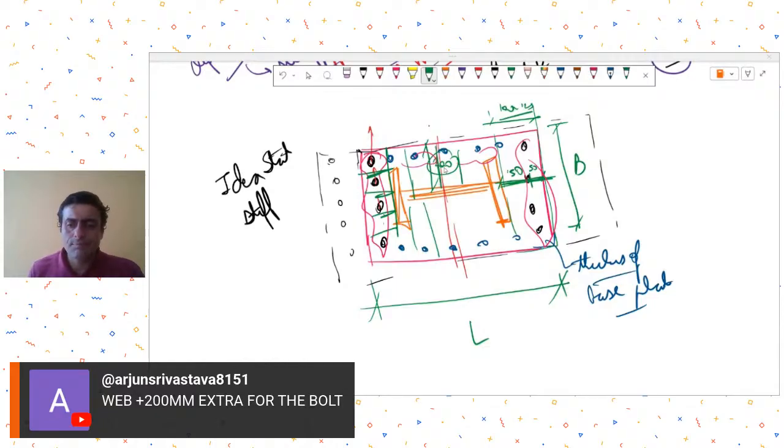And then the general guideline is that you keep around 50 to 75 between the face of your member to the bolt center, and another 50 to 75 from bolt center to the base plate outer edge. In these dimensions, usually your base plate size satisfies. Okay,